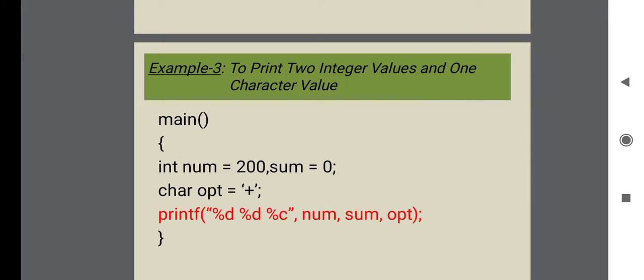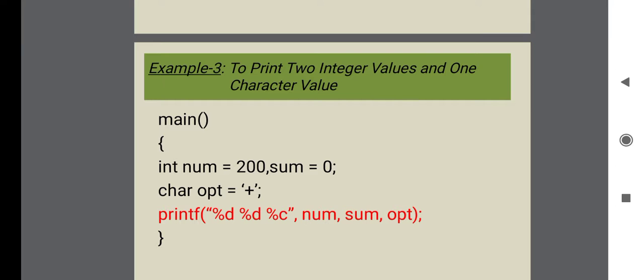Here we have to keep one point in our mind, that is the number of format specifiers is equal to the number of variable lists, meaning variable names. Here how many variable names are there? 3. What are they? Num, sum and opt. So we have to specify only 3 format specifiers. However many you declared, that many format specifiers we have to declare in the printf function.